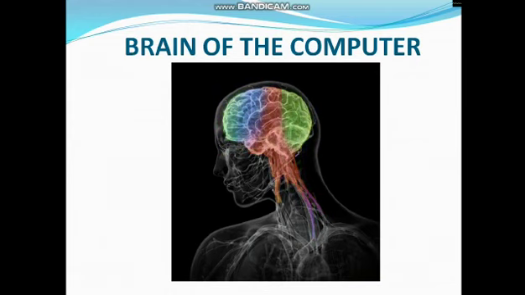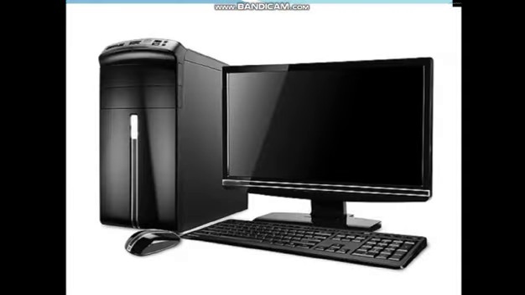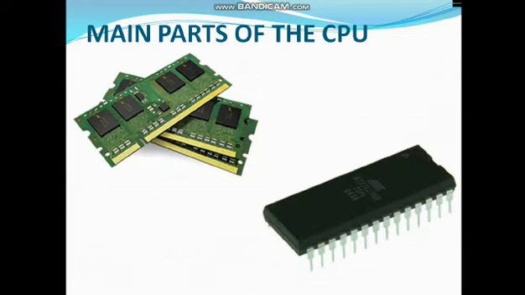Now this you have seen in our labs, right? This is the entire computer system which takes input through the keyboard, stores it, processes it and displays the result on the monitor as per the instruction given. Main parts of the CPU. Let's go for it. The main parts of the CPU are, let's go with the first one.